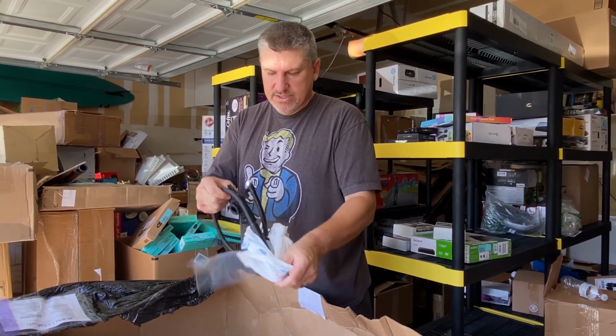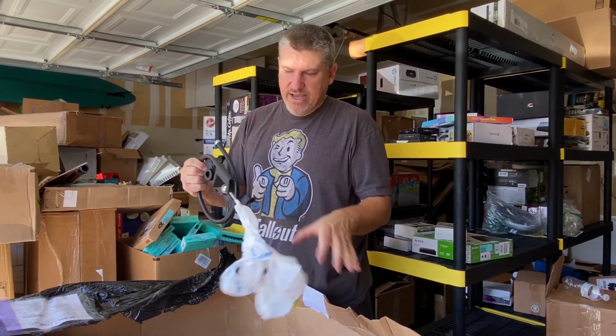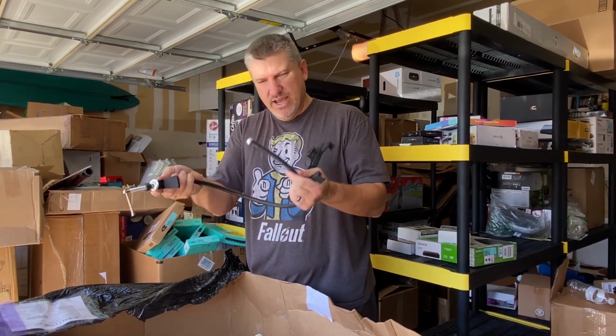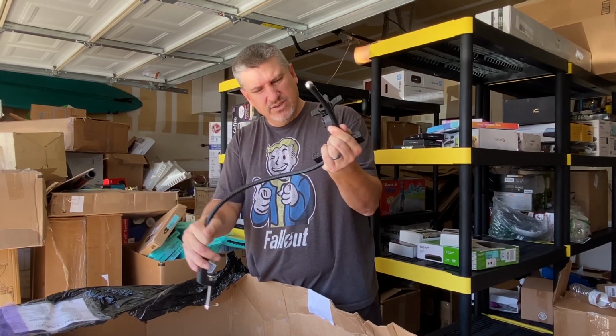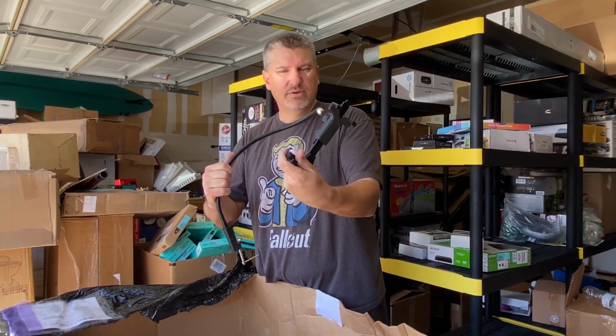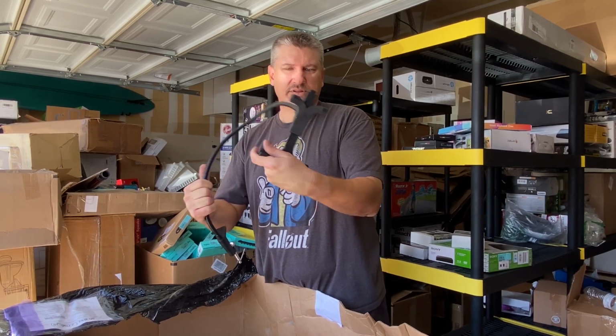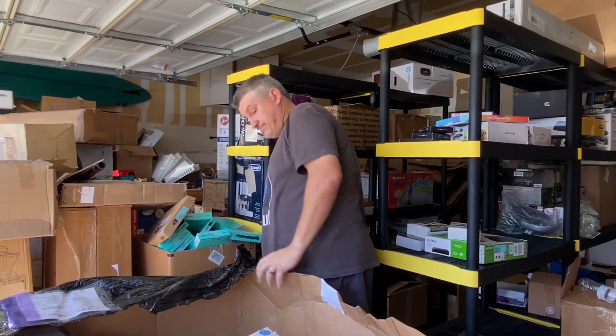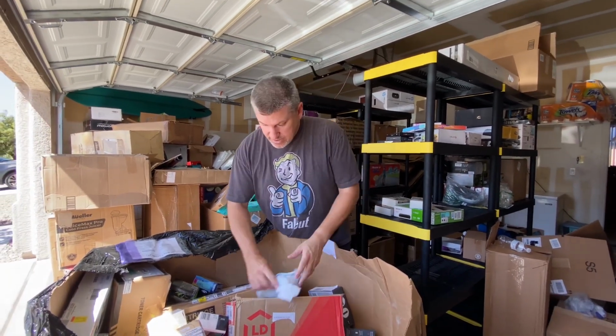I have no idea what this is. Looks like a vice clamp of some sort. You clamp this to the side of your desk and it gives you a strange looking, I don't know, maybe you hook this up and you can put your paper. Wow. Just what I've been wanting. Okay, so